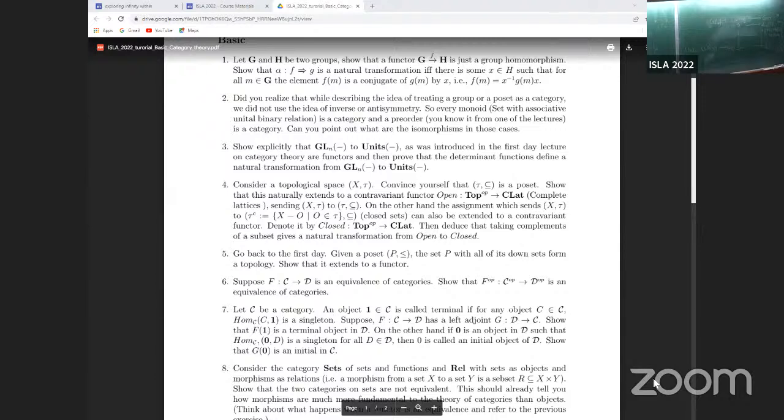Wait, opposite map, it should be the reverse. Okay. What is reversed in the opposite category? The order of the morphisms. If it's going, the domain and range are switched. Right, but the objects will still remain the same. Right, okay, yes. Okay, now can you tell me where F op is taking objects of C op to?